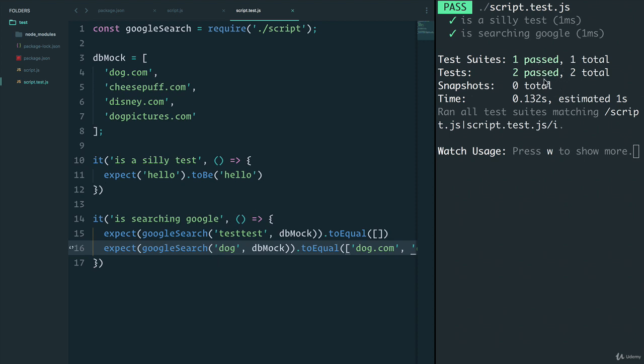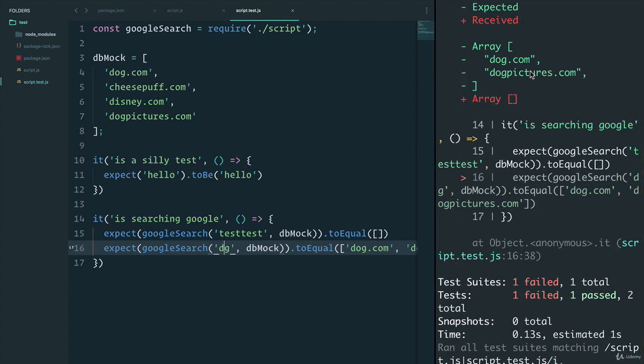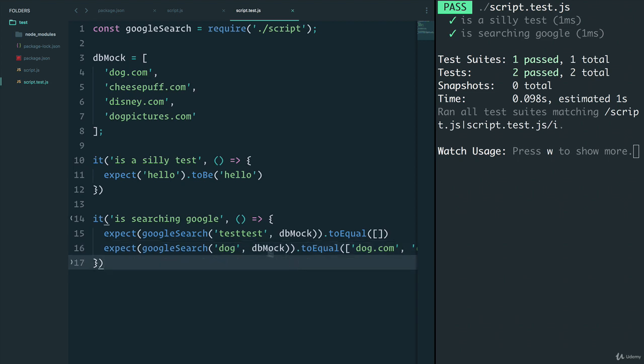We still have two tests because, well, there's only two of them. But if I change this to, let's say, just DG, I'll get an error because we got something different than what we expected. We expected a different array. There you go. We have our